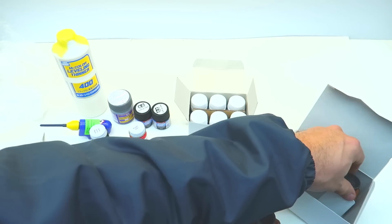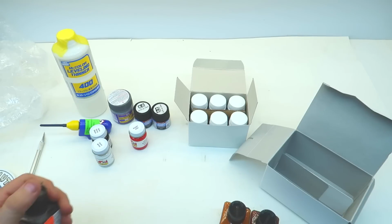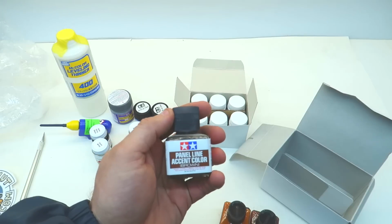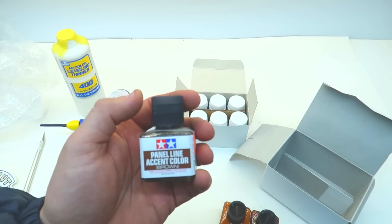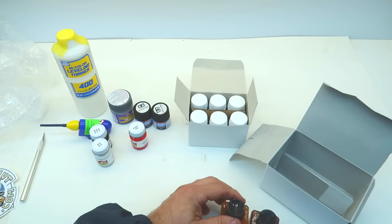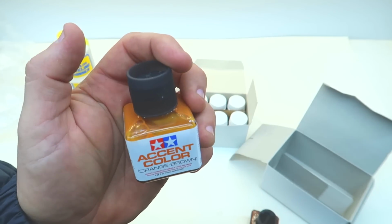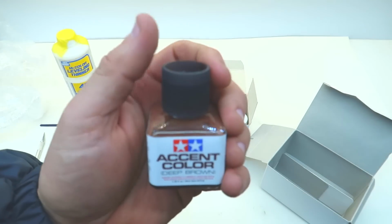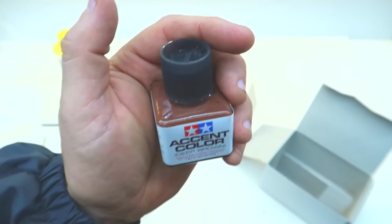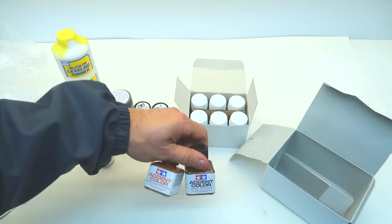Here's something that I haven't had before. Let's see, maybe I did. Tim Ryan from up in New Hampshire, Vermont, wherever Tim's from, he sent me this a while back. So here is brown panel line accent color. And then I was on Hobby Nut the other day, and I saw the orange brown. This will be like a real light colored rust, and also the deep brown, so it'd be more like a darker color rust. So I wanted to get and do a weathering job sometime soon, and wanted to get more of the panel line accent colors, because you can use these for